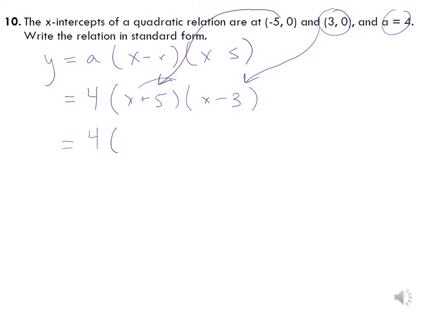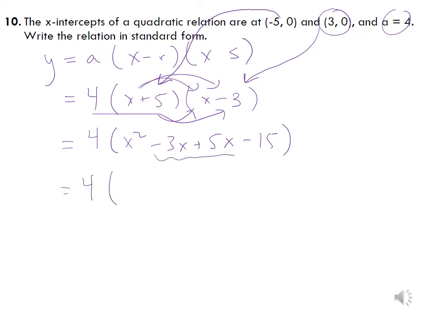First times first, x squared, outside, -3x, inside, 5x. 5 and -3 is -15. Don't forget, when we're doing this, it's a simple mistake. We're always multiplying when we do this. We're never just adding. Collect like terms. -3 plus 5 is +2. Now distribute the 4 in. 4 times x squared, 4x squared, 4 times 2, 8x, 4 times -15 is